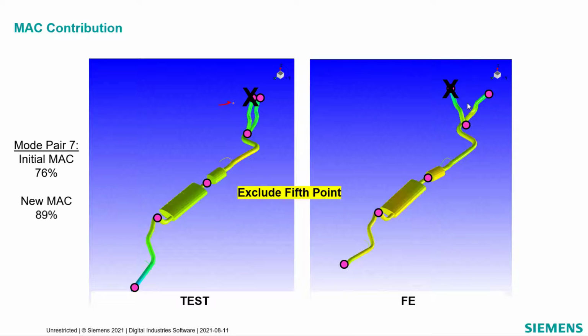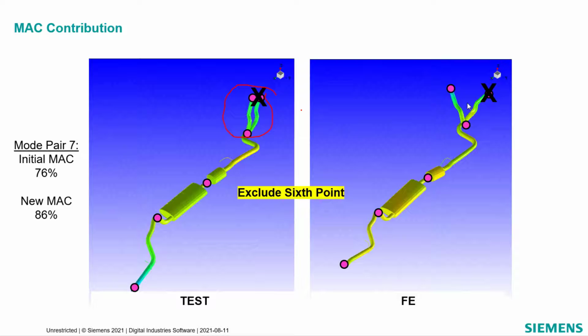And it kind of makes sense. These are moving pretty differently, right? And so this is going to tell us, hey, look over here for where the discrepancies are between simulation and test. This is the area of the structure that's holding you down. Okay. So again, ultimately, we want to keep all the measured points, assuming they're good.